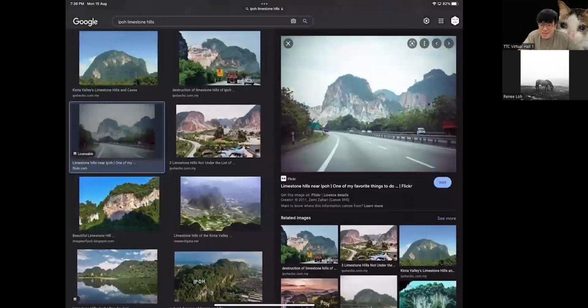Okay, and since we said just now, limestone forms in the ocean, limestone 是在海水里面 form 的嘛. That means this thing used to be underwater. 以前整个 Malaysia 是 underwater 的. It's under the ocean. Okay, so how do they know? Because they find limestone here. You imagine this thing is very tall, right? Very high, like a few hundred meters high. That means the sea used to be that high.